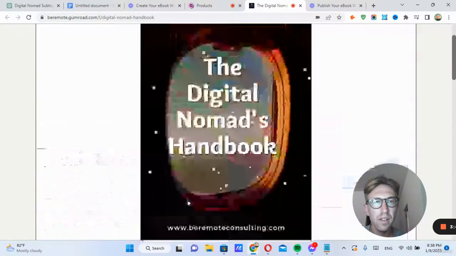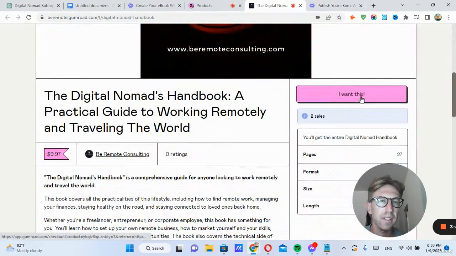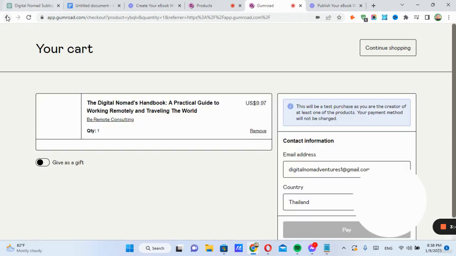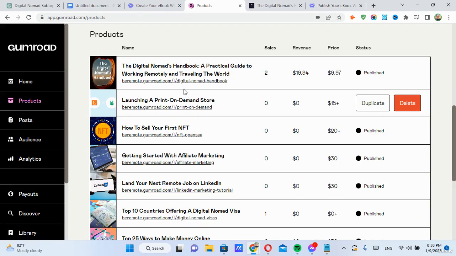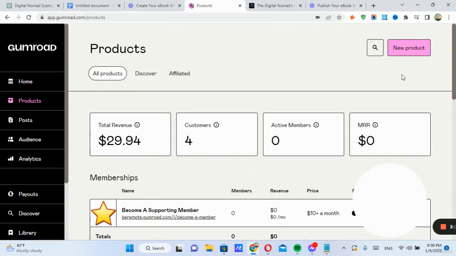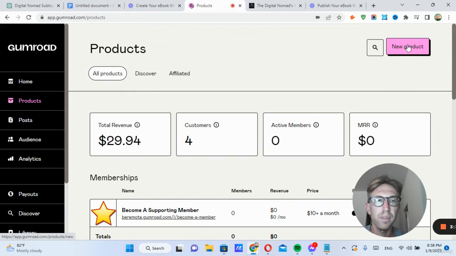And if somebody wants to buy this, they can simply click, I want this, and then enter in their payment information and buy the ebook. Quick and easy. So in order to actually create an ebook using Gumroad, you simply click on New Product and